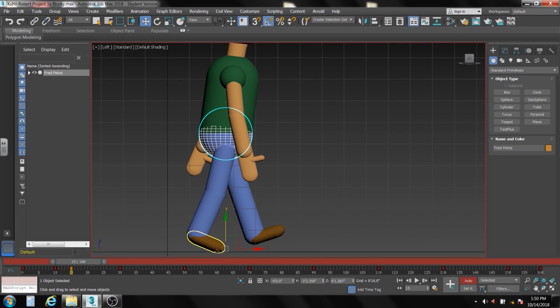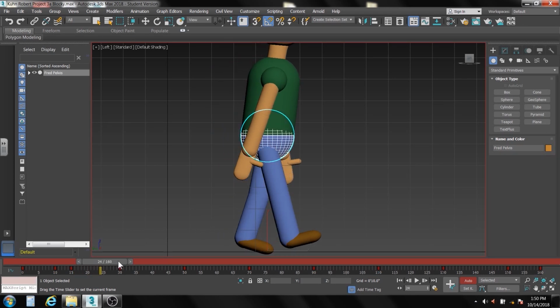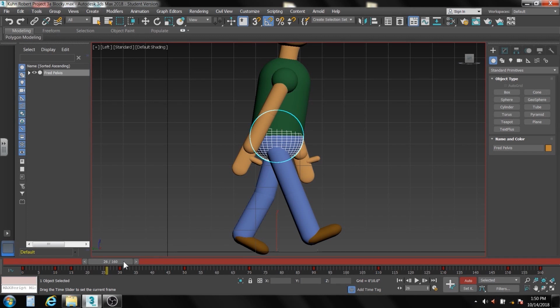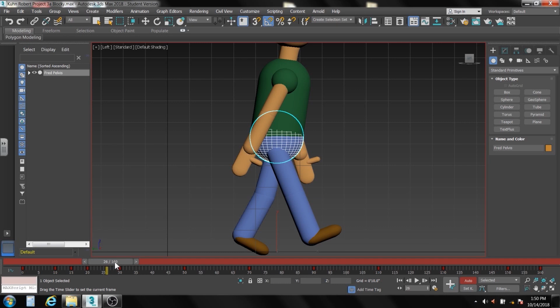Right, so his toe's not going underneath. Then, in the neutral position, I'm going to make him go down just a little bit. And then